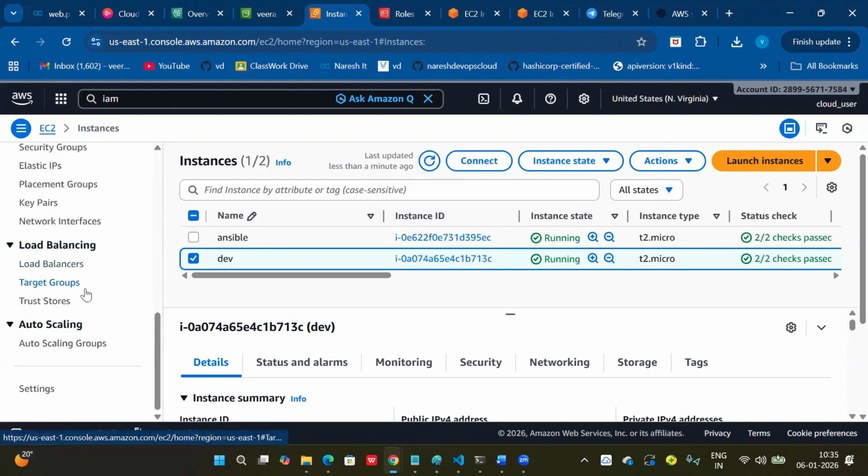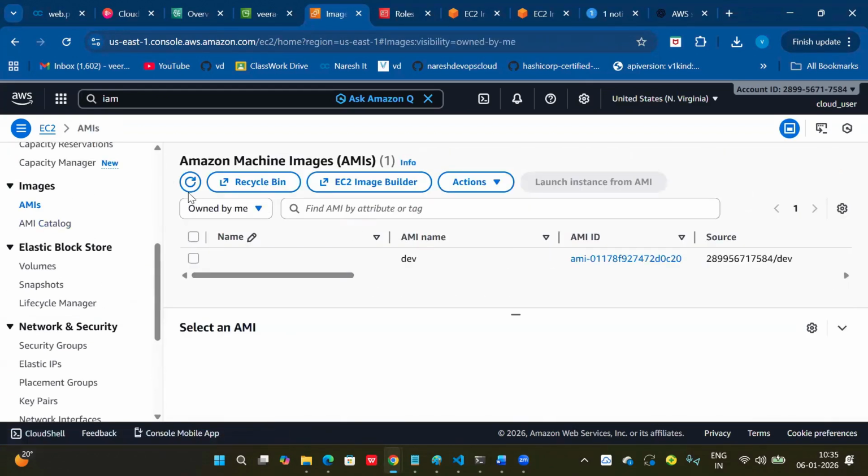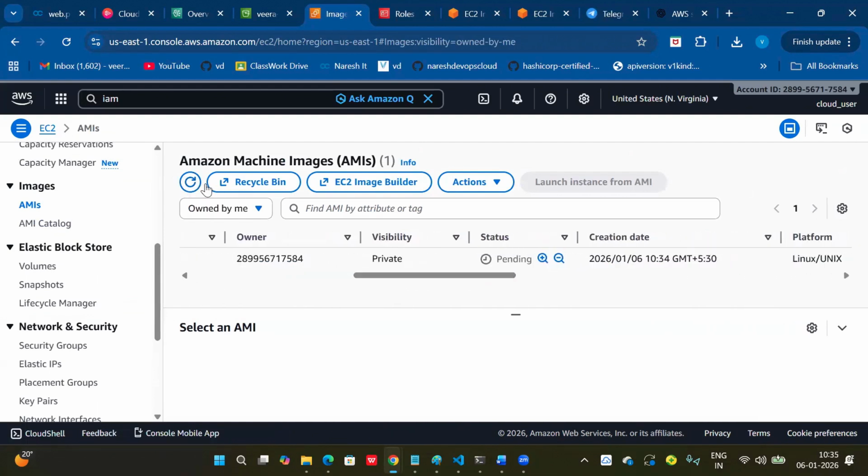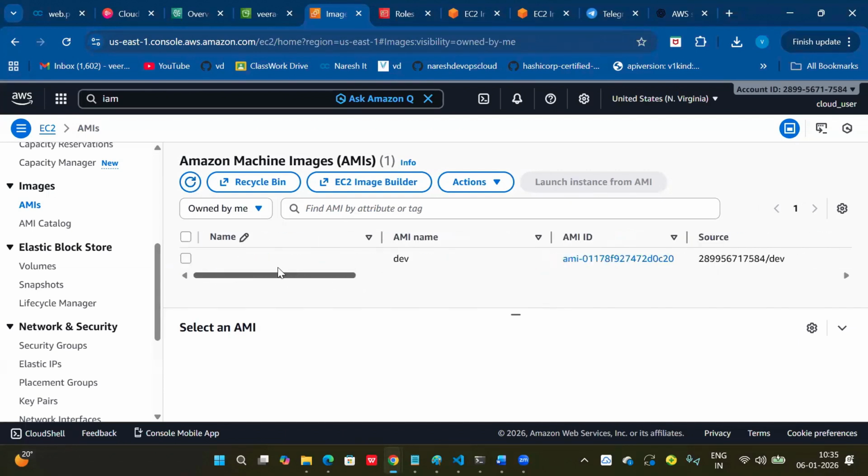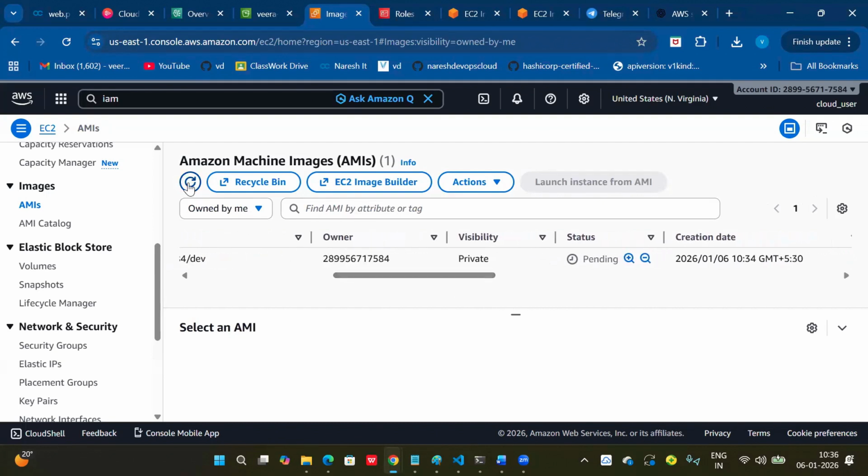Go to the images section. Okay, the AMI is creating now. Status is pending.